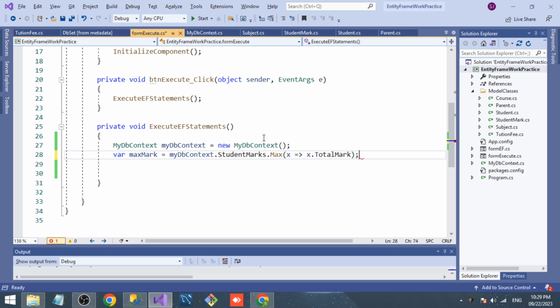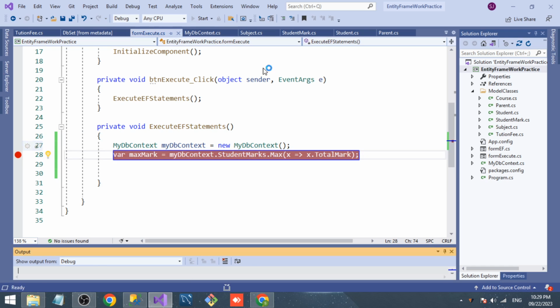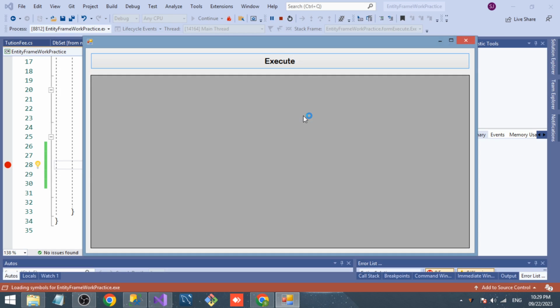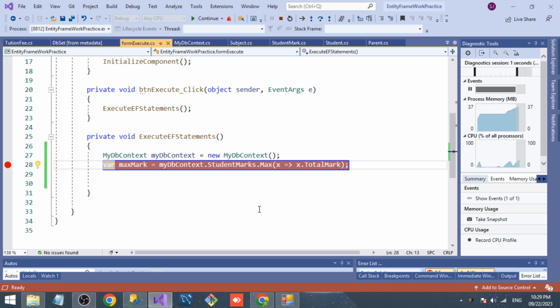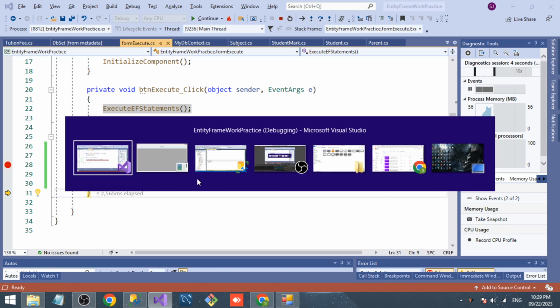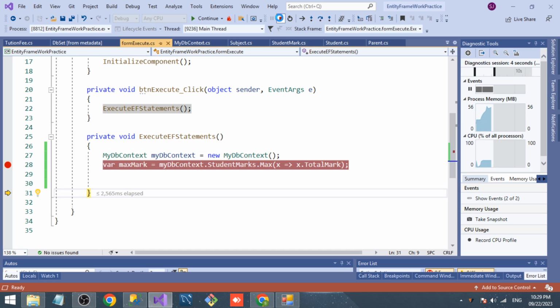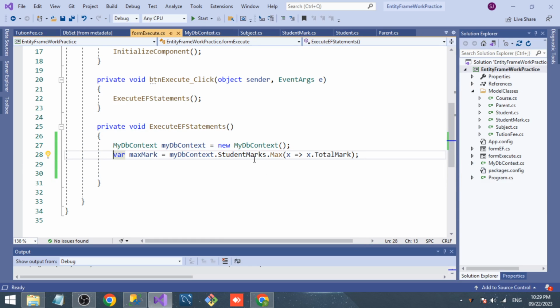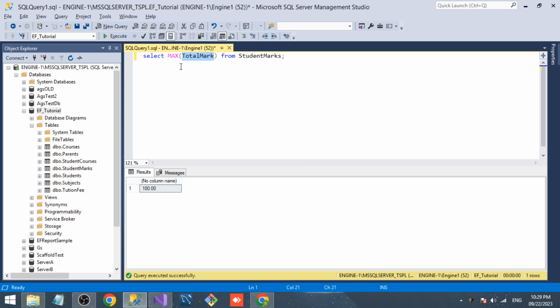So yeah, that's it. You can see we have the maximum value in the result. We have the highest mark in the result. Okay, so yeah, this is how you can write the entity framework statement to find the maximum value from a particular column. And now I'm going to show you